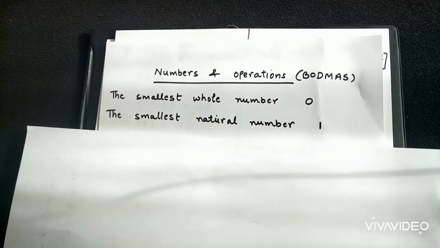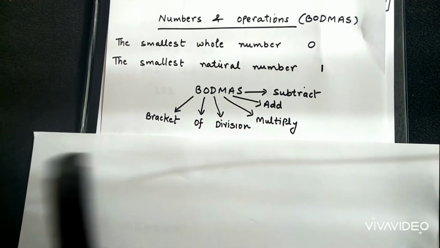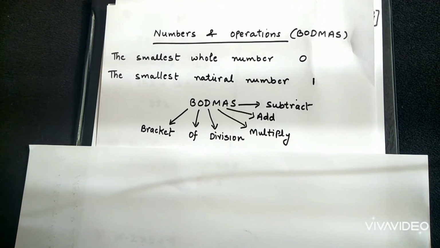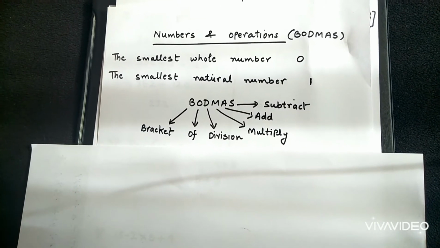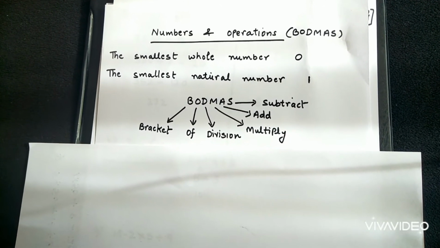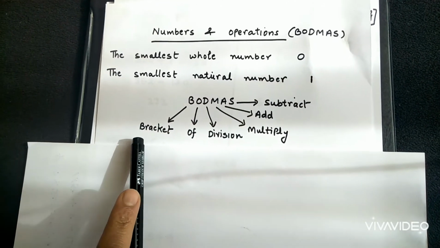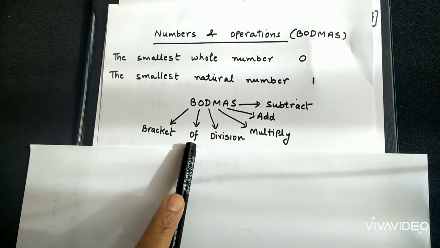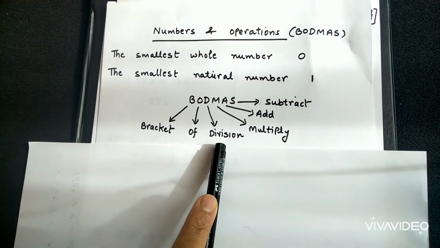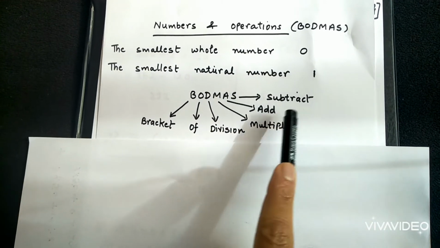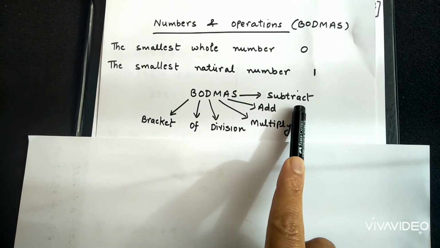Now proceeding further, first of all, what is BODMAS? In doing mixed operations, like sums that have addition, subtraction, multiplication, a mix of all these operations, how are they going to be solved? We will follow this rule. First of all, we will solve the bracket, then of, meaning whatever operation is in the bracket, then division, multiplication, addition and subtraction. Here addition and subtraction go on simultaneously.